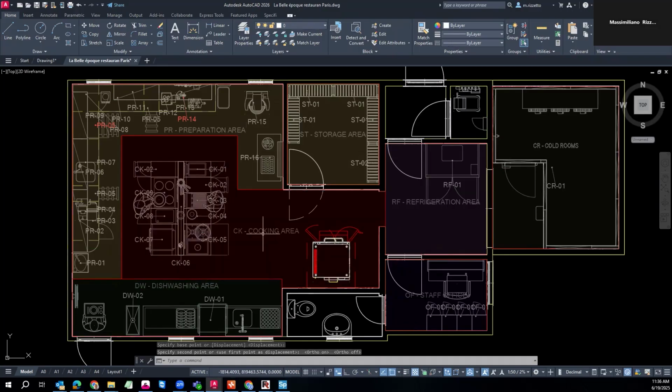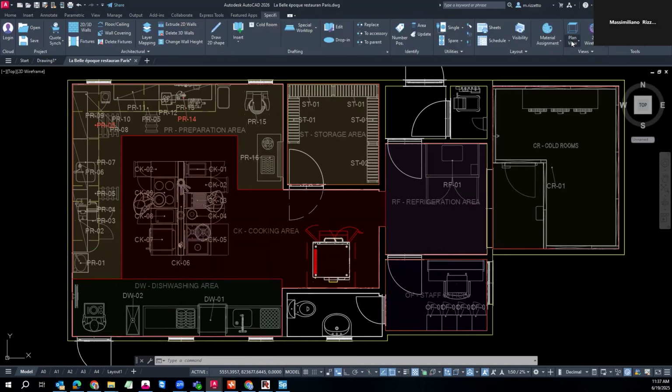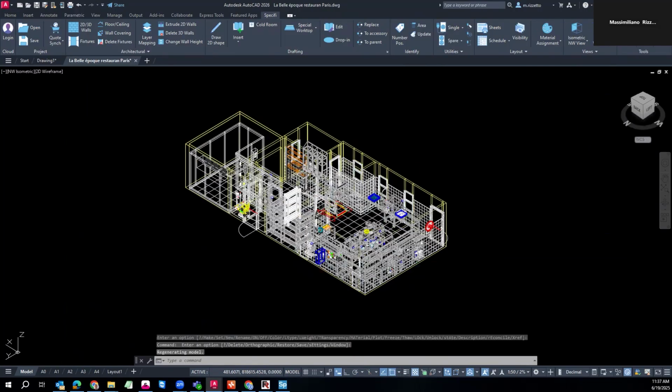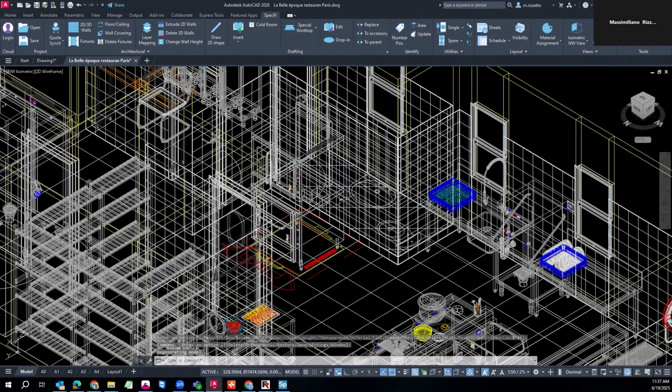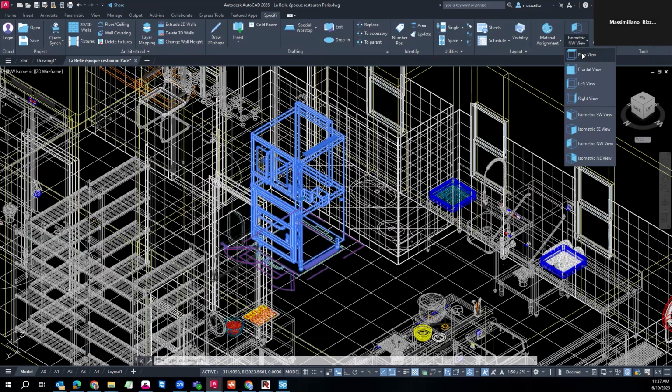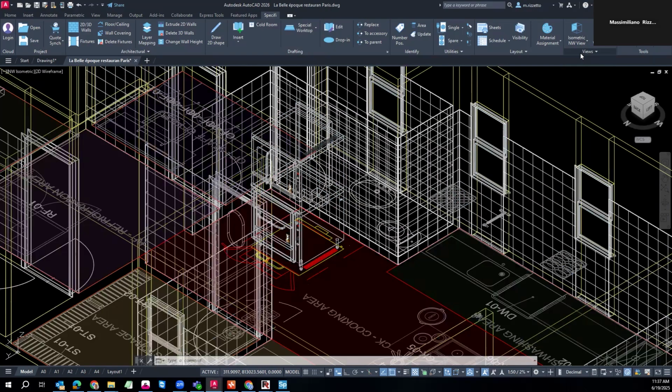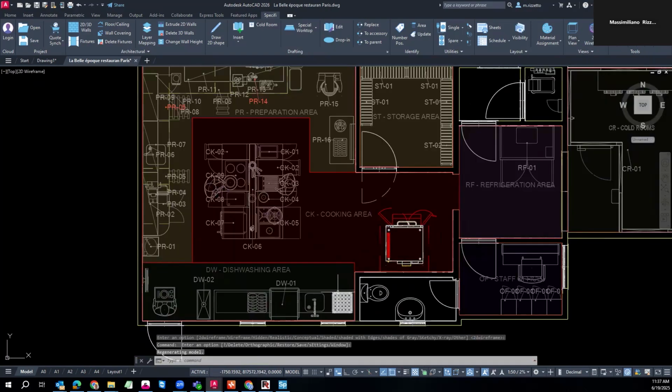Now, as you can see, your block has been inserted. If you want to see it also in 3D, you can move to isometric view just to see. Here we have the block just inserted. I do not apply shading, otherwise it will be slower. I come back to plan now, and the only difference between the Specifi equipment and this block is that, first